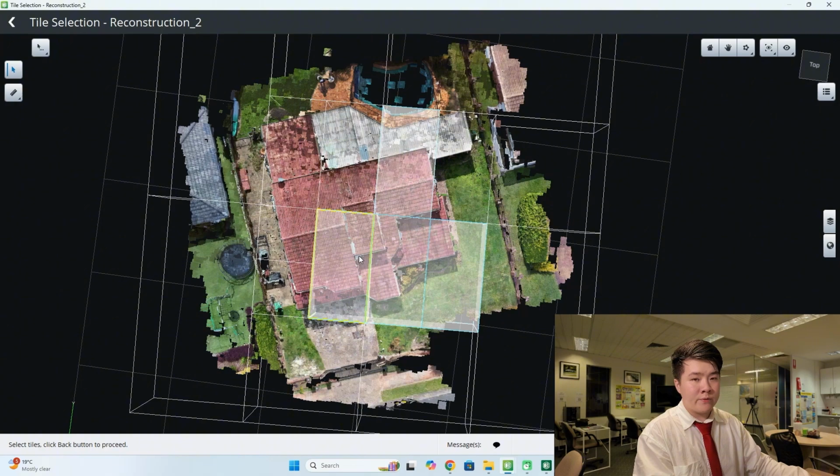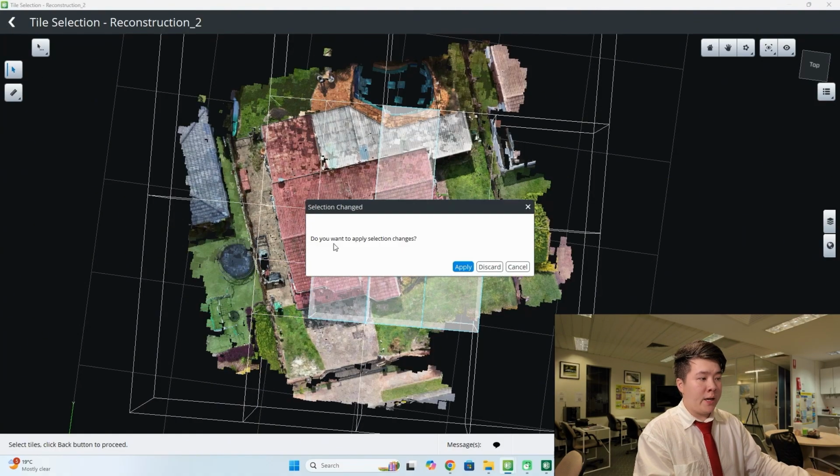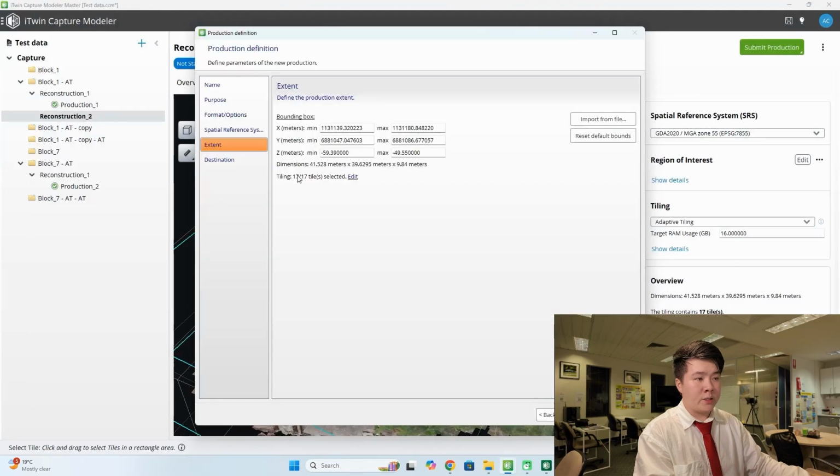3 to 4 tiles of the warehouse where I think it might be problematic, and I could run the production, and it will only take maybe an hour to crank out these 4 tiles, and I can see if there are blemishes on them, and if there are not, I could then go ahead with a bigger production. If there is, it saves me a lot of time because I won't waste days on producing a model that won't look good. So let's go back, let's discard the changes so that we can see all 17 tiles are